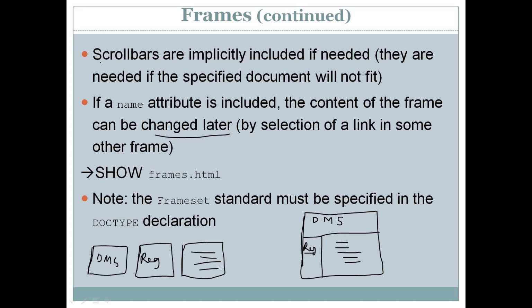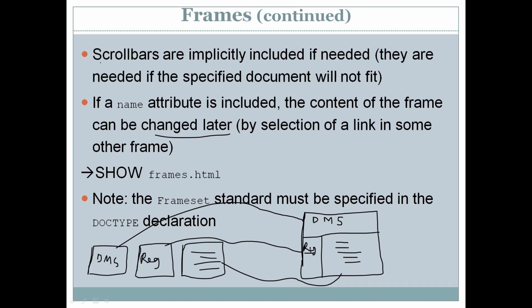Then we have to create a frameset where the first document is displayed in the top section, the second is displayed in the left section, and the third is displayed in the middle section. The third is displayed when you click on the registration link. So this we are going to create.